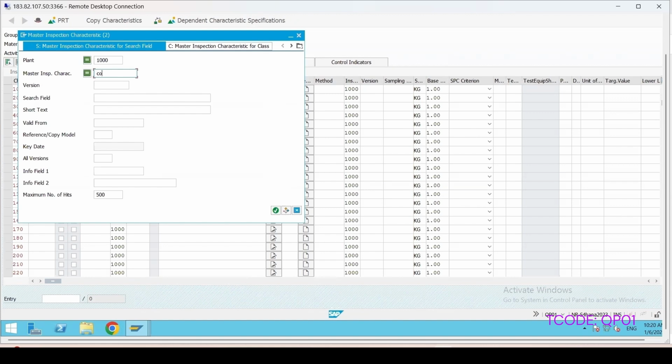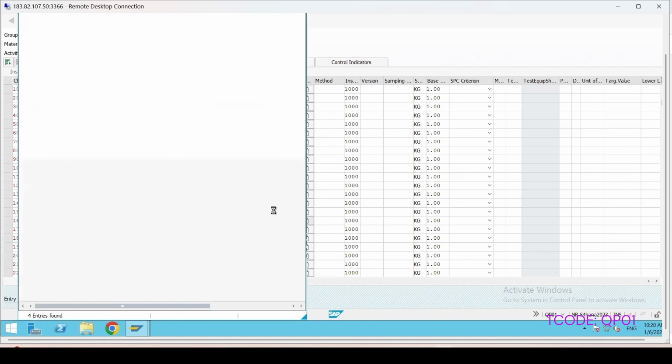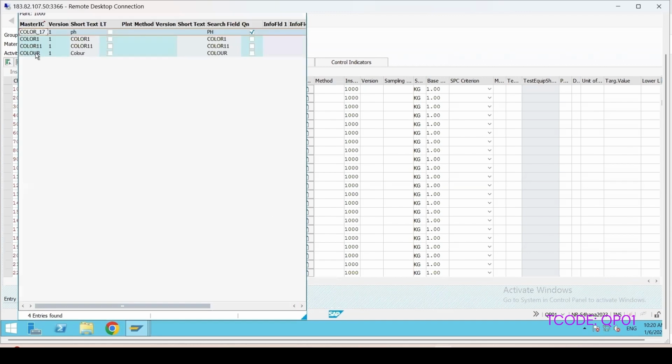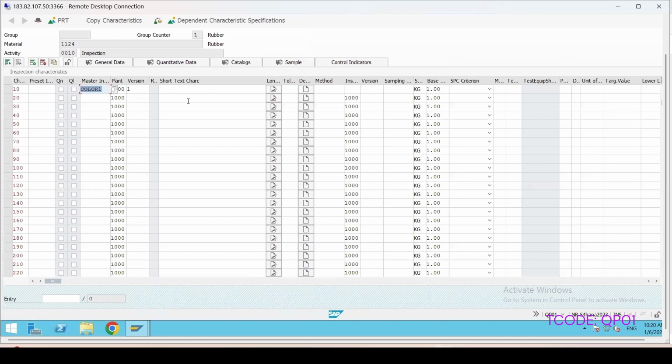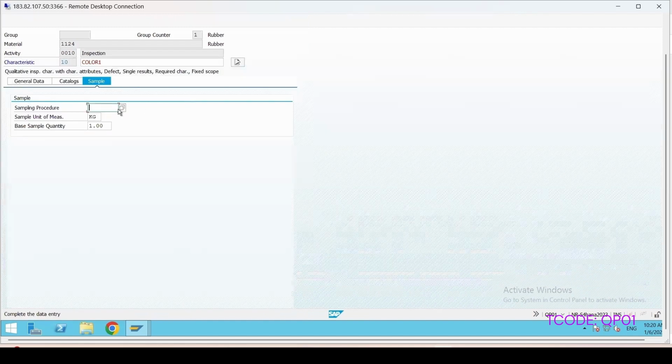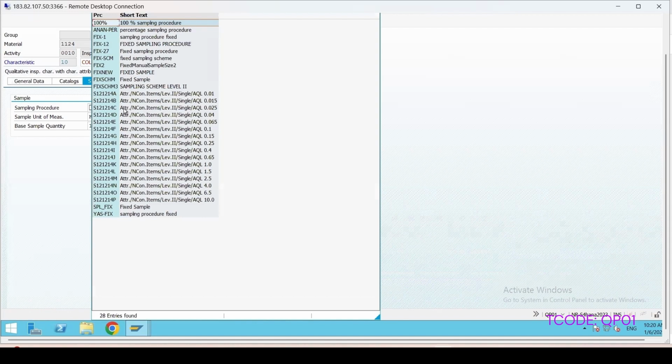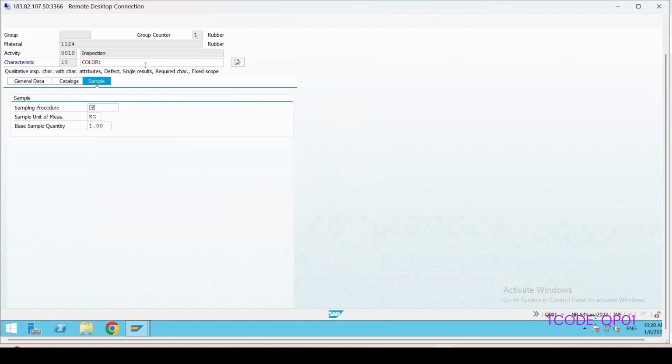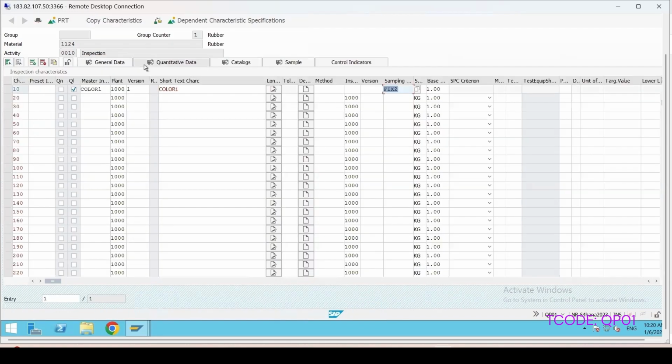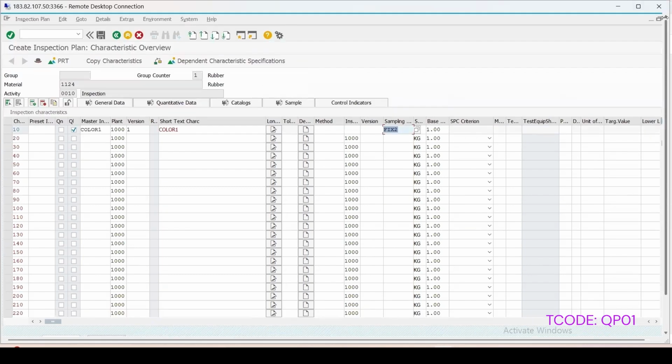Inspection characteristics, I can select the characteristics which are present. If I search, let's take color 1, enter, and I can select some sampling procedure. Let's take manual, enter, and then click on save.